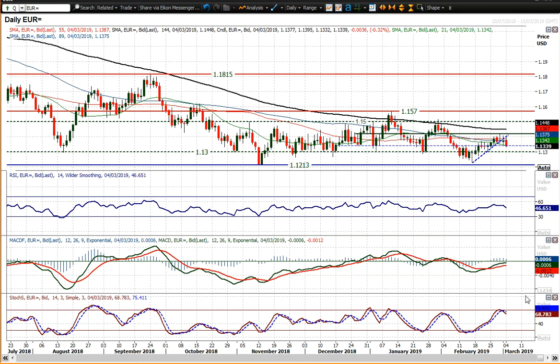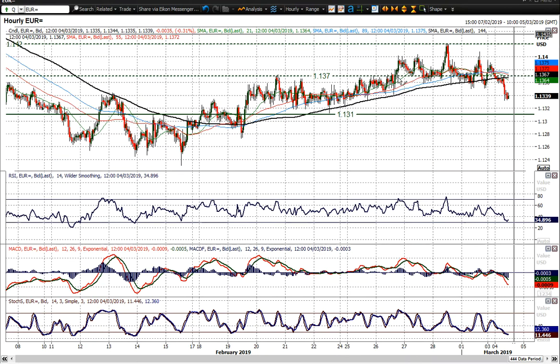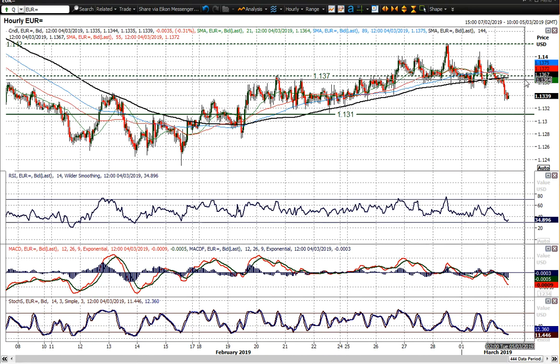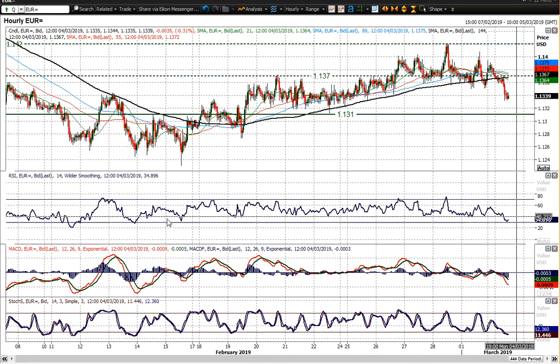1.1345 level again. You look at the momentum indicators, look at the stochastics crossing lower, you've got the MACD lines ready to roll over underneath neutral and the RSI below 50. So it's all suggesting that this little recovery that we've seen in euro dollar is rolling over, starting to form lower highs, lower lows. You've got the momentum on the hourly, which is now negatively configured, certainly suggesting the rally